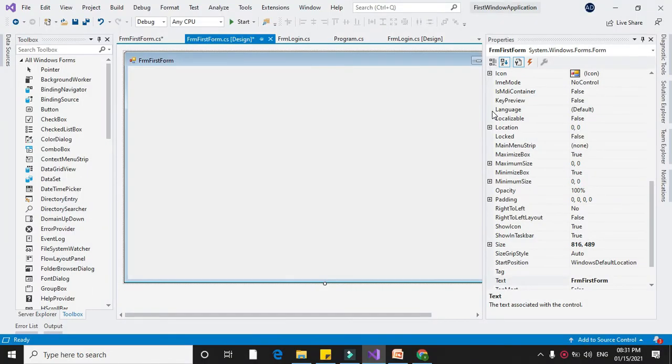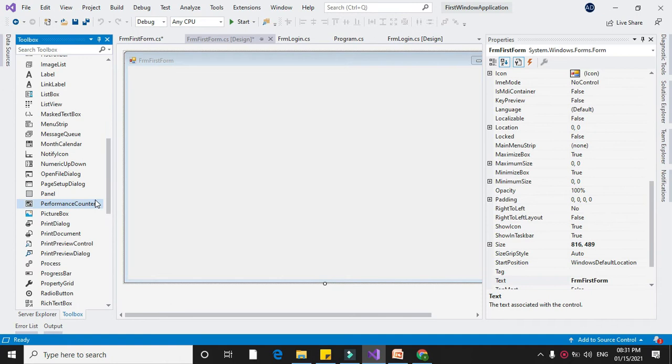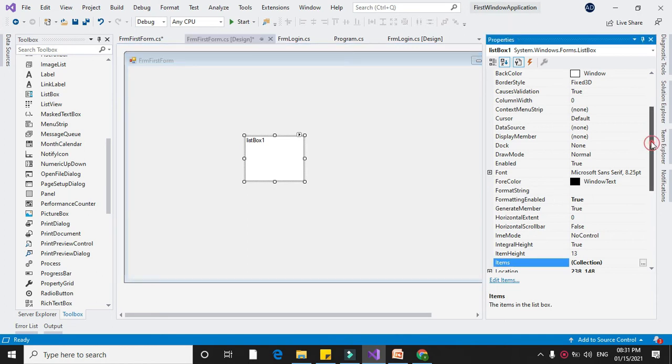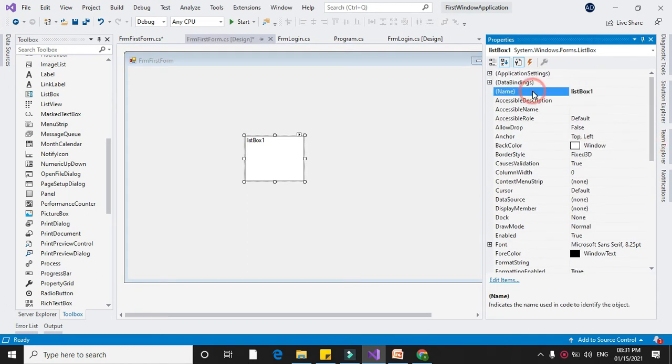Now we will see the properties, methods and events for a list box. For this, we will add a list box here. The first property is Name. As you know, you should give a name related to the data that you are going to store in the list box.